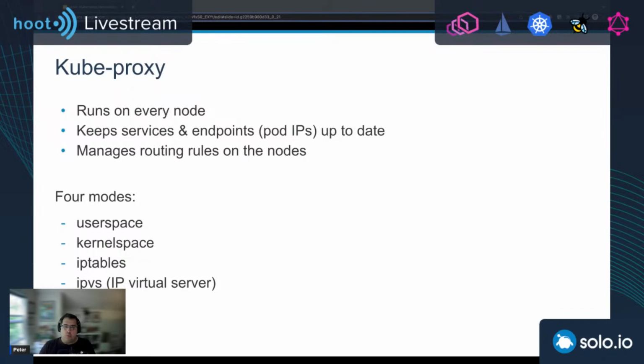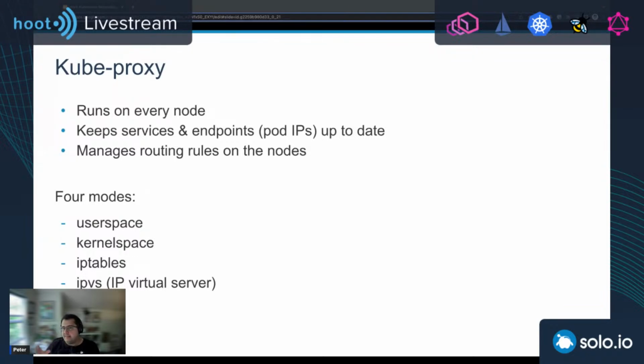So when talking about kube-proxy, there are four different modes that you can run it in. User space, kernel space. So user space is running kube-proxy as a web server and then routing all service IPs to the web server using iptables. And then the web server is responsible for proxying to the pods. This is deprecated, I think. They're mentioning that it should not be used anymore. Maybe it's not deprecated, but you should definitely not be using it.